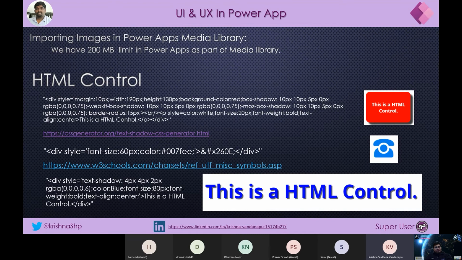If we exceed that 200 MB while adding a number of images to our app, 200 MB is nothing. When we download a high quality image, it comes as 2 MB as of today from our mobiles and everything. So imagine if I get, say, 50 images, my app is coming with 100 MB. That's okay.